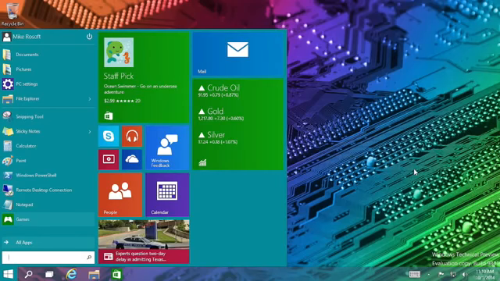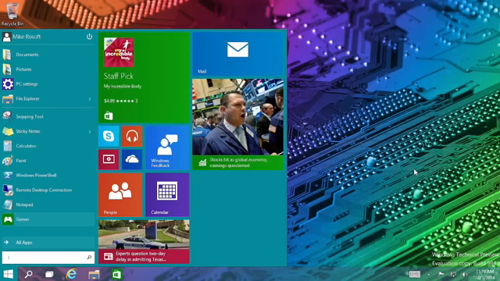So that's a quick look at Windows 10. There's a lot more to come. Microsoft plans to show more consumer features, most likely including